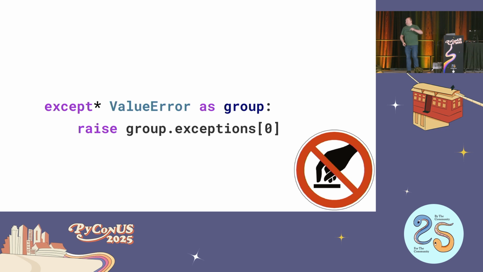The stack trace is bugged. Yeah, all of the stack trace that was attached to the group object is not attached to the leaf. Each intermediate exception group will have the portion of the stack trace that matches when that group was the thing propagating. So doing this will throw away almost all the information about where that error came from, which I don't love. What else is wrong with it?